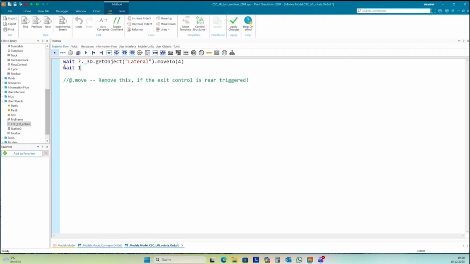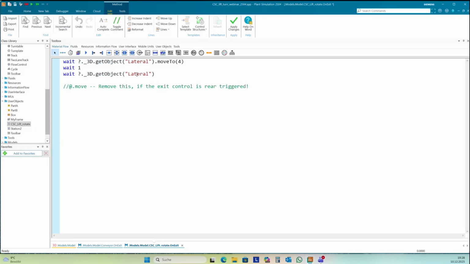I set some waits in between, to make it more realistic from the movement. Then I want to move 0 meters down. And it starts in the same way like here.